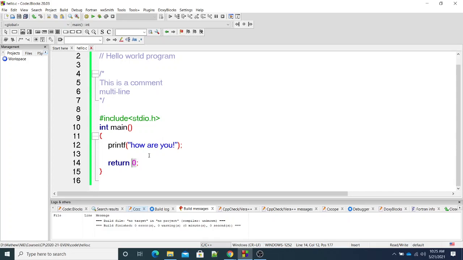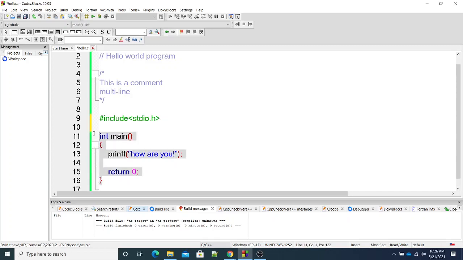So I hope this is very clear. Comments are optional. Single line comment, multi-line comment, these are optional, and these are the mandatory things. And you can have multiple hash includes based on the functions you are using in your program. And this part is mandatory. Main function is mandatory in every C program, then only it will execute. And that is the first function that will be executed when your program is run. What you write in main is what it is going to execute.